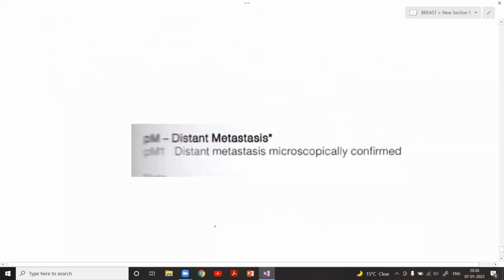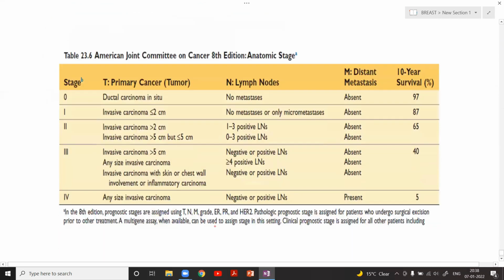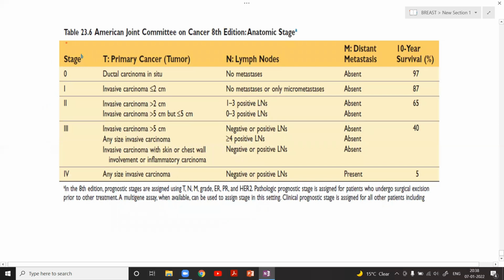And lastly, you have distant metastasis. If it is present in some other organ, then it becomes a sad story again. And the staging, if you can see, is stage 1, 2, 3, 4. You might not remember these things, but this is the staging that is there in the 8th edition of AJCC. With this, we have completed invasive breast carcinoma in detail, and we have discussed how to grade a breast carcinoma, how to interpret the immunohistochemistry, what are the special types and subtypes. We have also discussed the prognostic factors and the staging of breast carcinoma in detail.